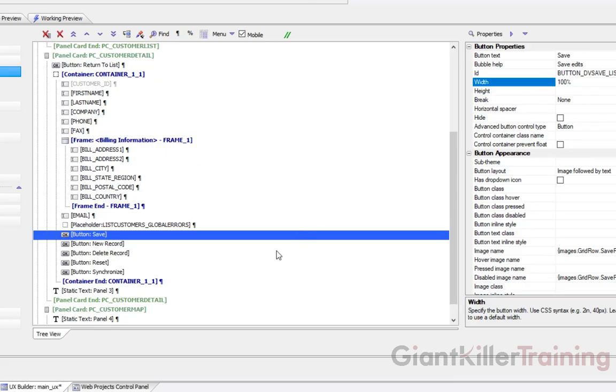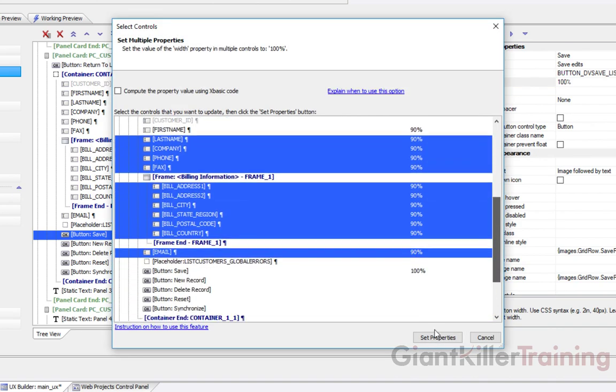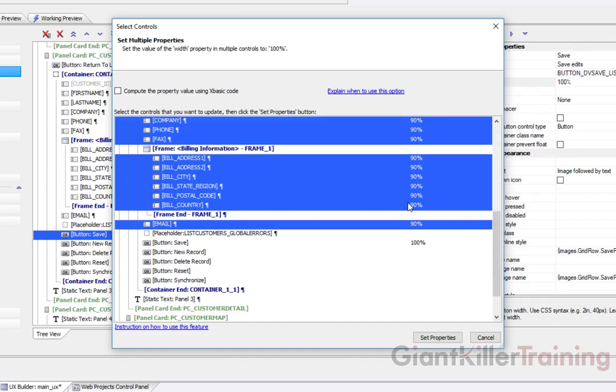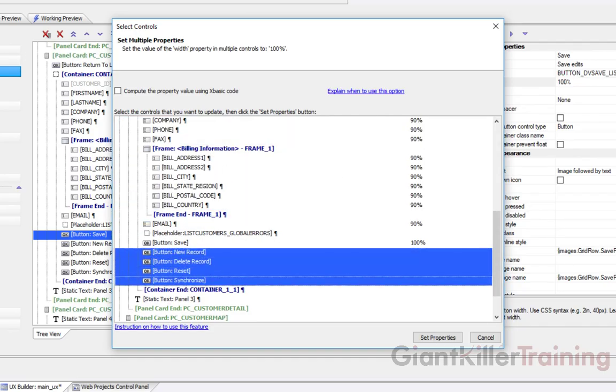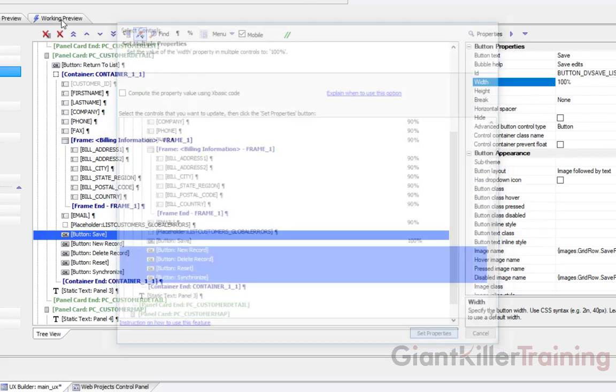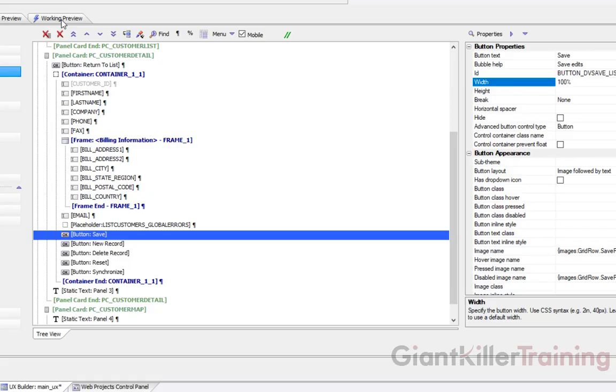I want to use the same technique we used before, which is I'm going to select the property I'd like to copy. I'm going to click the Copy Properties icon, and you'll notice that it remembered the last group here, but I'm just going to go down here and select the group of records I would like to apply it to. One thing that's nice is it actually shows you the current values, so you can double check to make sure it's what you want. So I'll go ahead and click Set Properties, and now these buttons have all been set. Click Save, go to Working Preview,